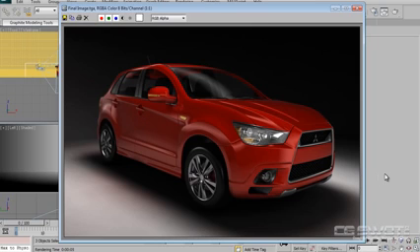Okay, so basically you've got something to get on with there. I'm going to supply the car, it's a Mitsubishi ASX model that I put together, and you'll be able to start from scratch, and the materials will be on the car, so you can also use those materials for some other car vehicles that you might do yourself or download. But I think the real important thing is to make sure that you have a vehicle that is actually materialed correctly before you attempt to do any lighting, because you need to assess how the lights are working on a material